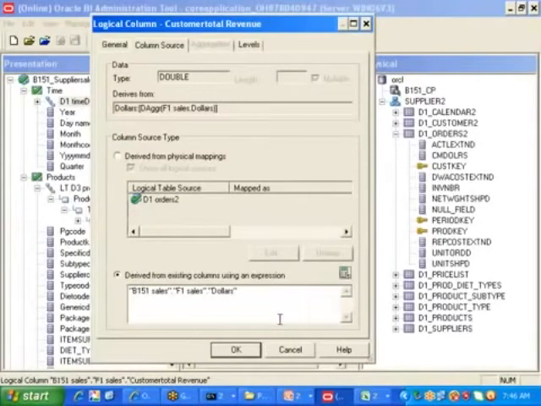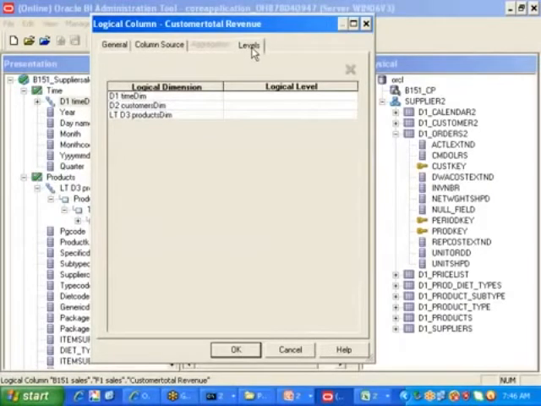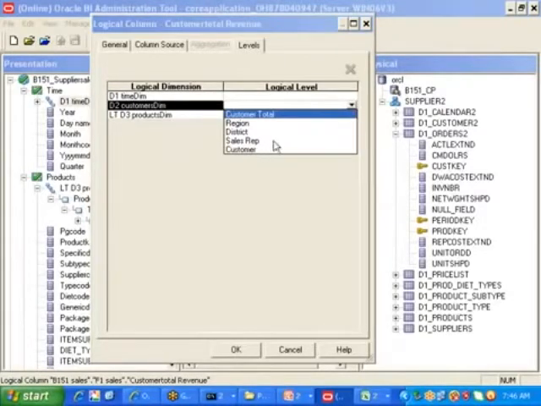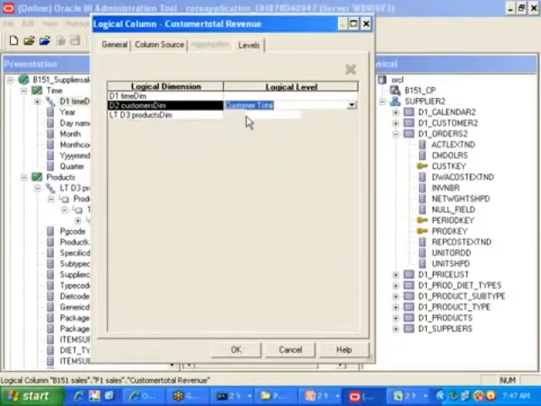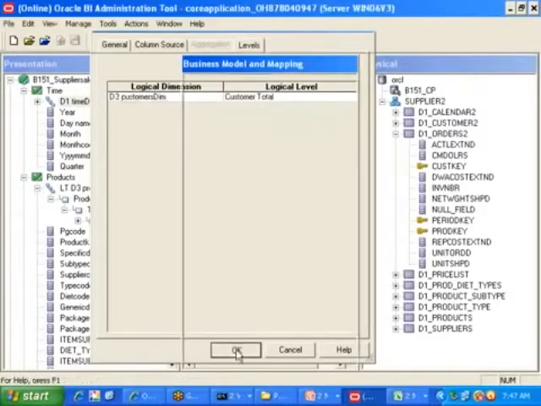If you do like this, this column is a normal column only, right? Okay, but this column needs to be calculated always at one level. That means you need to assign this to a level. At what level do you want to calculate this one? Customer dimension, customer level or sales district level or region level or grand total level? What do you want to populate in the denominator? Grand total, right? That is customer total. That means total customers, that is the information you want. So now I created it like that, click on OK.